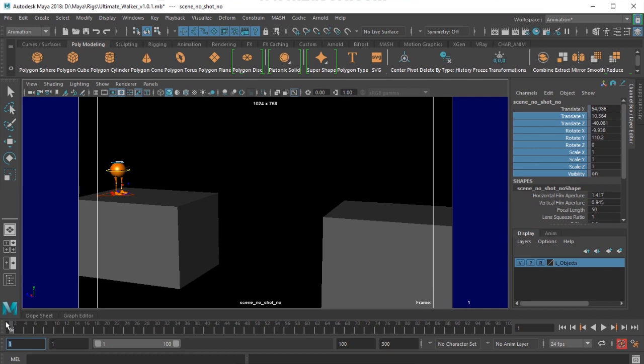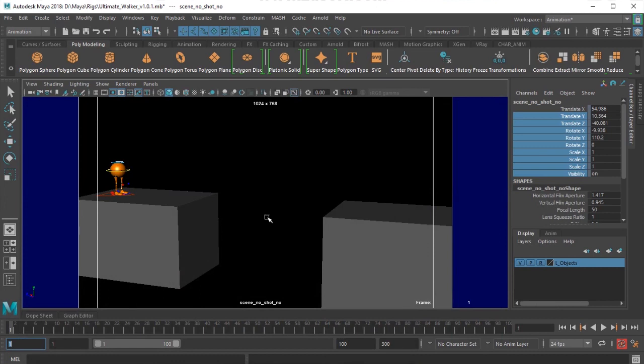We also do some breakdowns, and then we let the computer do the tweening or in-betweens for us, and then we tweak the graph editor and fine-tune, which we call polish. So there are 4 stages here: blocking, timing, graph, and polish. So we do our animation in 4 stages.